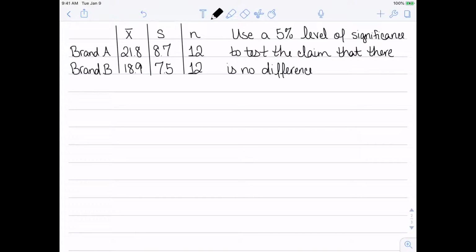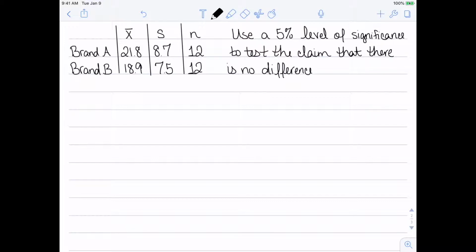Here's my data for my example. These are two brands of medication, brand A and brand B, and the sample mean, standard deviation, and sample size for how long it took these medications to start working. So brand A had an average time of 21.8 minutes with standard deviation 8.7. Brand B had an average time of 18.9 with a standard deviation of 7.5. And we want to use a 5% level of significance to test the claim that there is no difference between